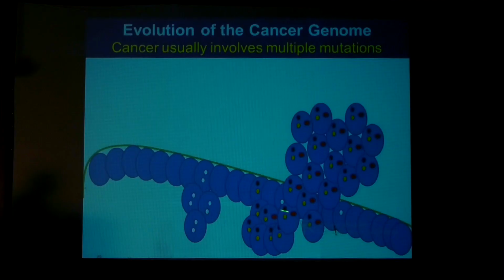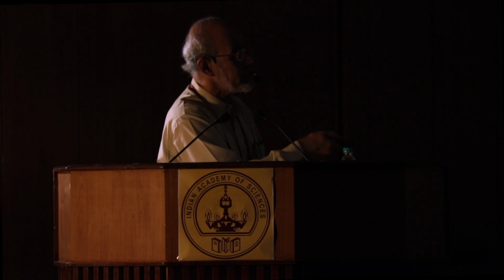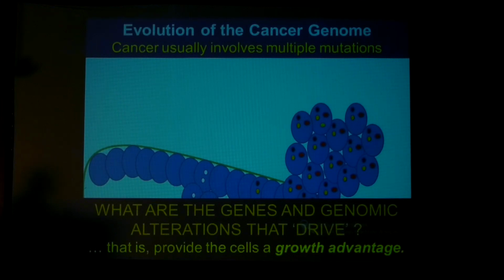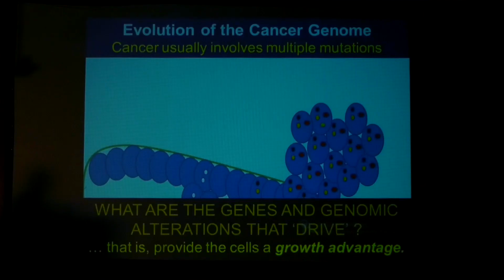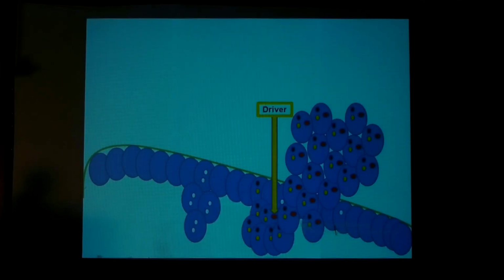So we are interested in such mutations, and at the background of these, more and more mutations and more and more genetic alterations will accumulate. So the question that we ask is, what are those genes and genomic alterations that drive? And that red mutation, that red alteration that I showed you, is actually the one that drove this particular cell to becoming a malignant tumor and gave the cell a huge growth advantage. And those are the ones that we are calling drivers, and those are the ones that we want